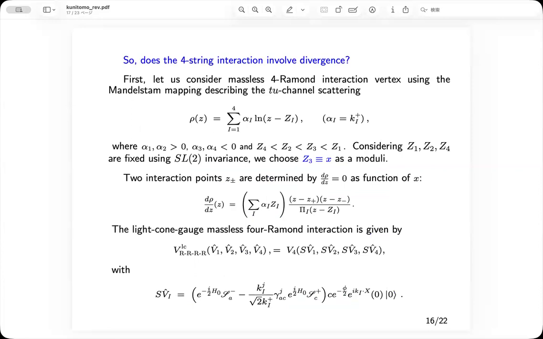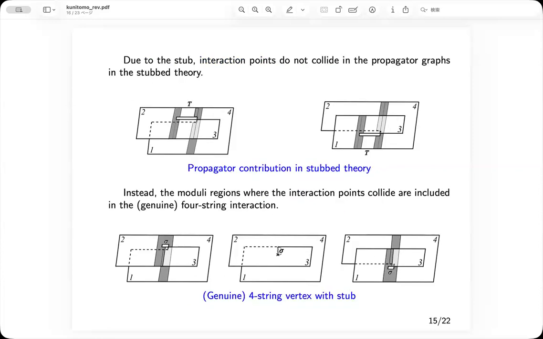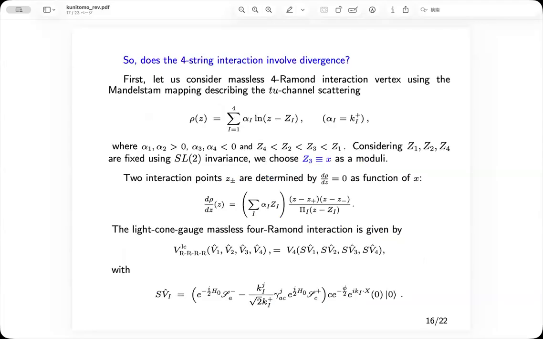So the question is whether, in this stub theory with the force-ring interaction, the divergence appears or not. Before the detailed calculation, first let us consider the massless four-Raman interaction vertex using this Mandelstam mapping, describing the TU